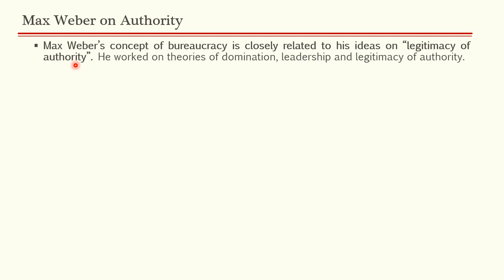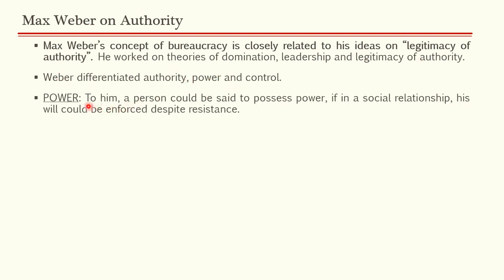So for now, understand that his idea of bureaucracy is related with his ideas of legitimacy of authority. He worked on the theories of domination, leadership and legitimacy of authority. Weber differentiated authority, power and control, and what he said about them was, power. Power to Weber was, a person could be said to possess power if in a social relationship his will could